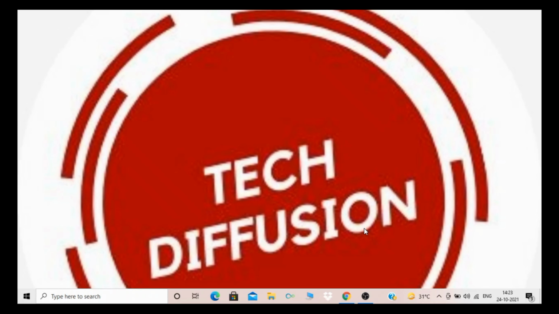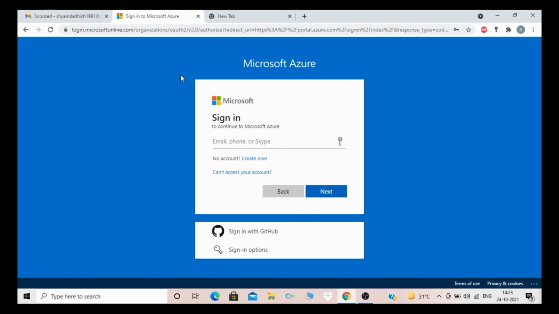Okay, so let's start. First of all, you need a Gmail account. At least one Gmail account. I think everyone uses a Gmail account, right? For a mobile too, when we start, we need an account. So for a Microsoft Azure account, you need a mail address. If you want to use Hotmail, Gmail, or any other, you need one mail account.